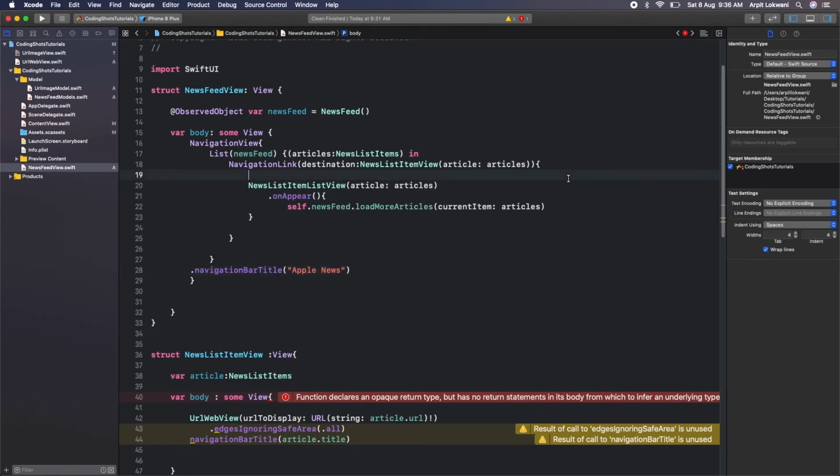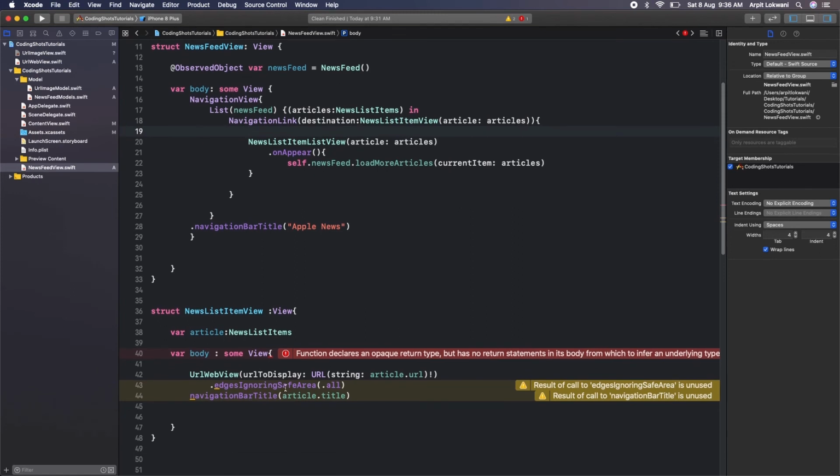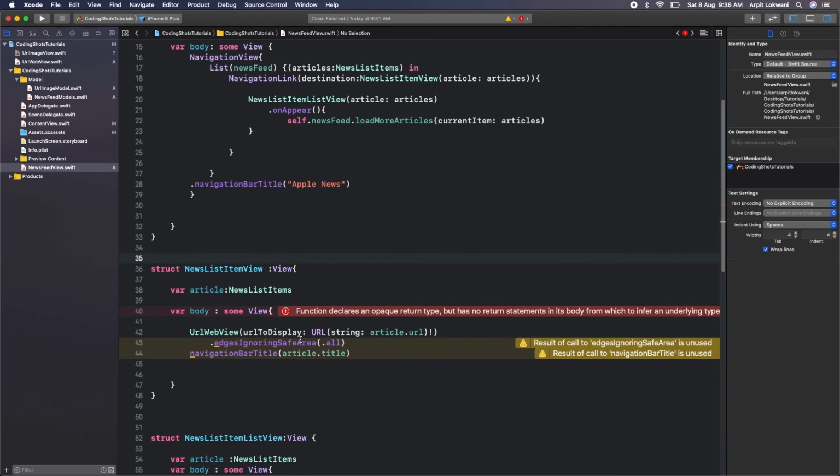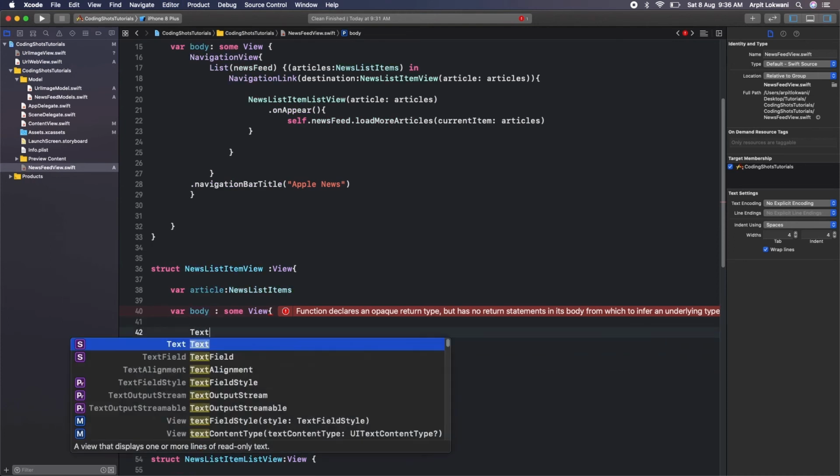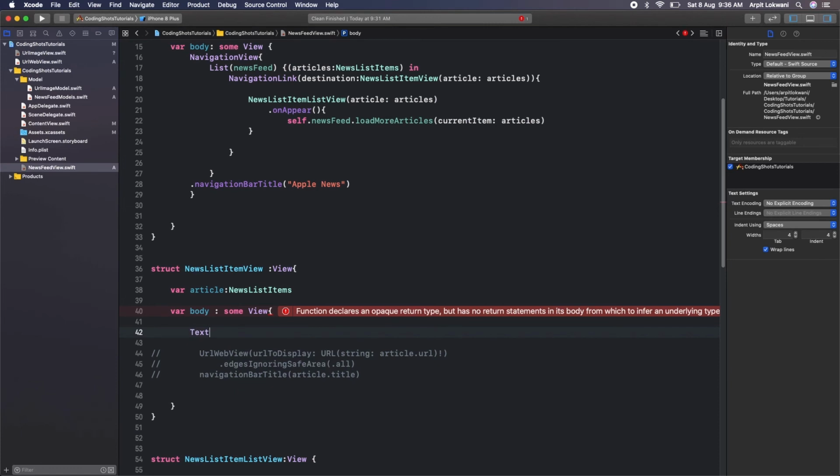Okay, so looks fine, but I'm not sure why function declares an opaque. Something is wrong with this. Okay, let me comment this, guys, for the time being. At least we can see whether what we did is correct or not, because I'm sure definitely it won't be too easy. Sometimes it happens.